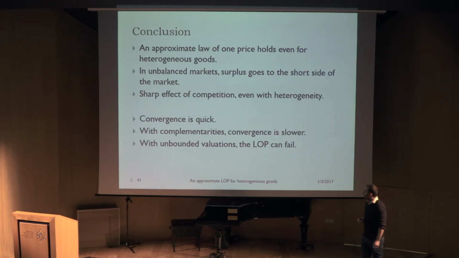That's it. I'll conclude here. I'll say just that what we showed you was that an approximate law of one price continues to hold for heterogeneous preferences. Okay, so for those of you who did study economics, think about Econ 101. You have 10 farmers, 11 sellers with bushels of wheat. Okay, you remember that word, bushels, right? Am I saying it right? Bushels,